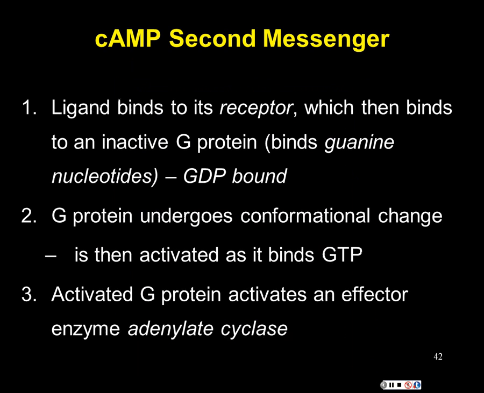So as we identified, we said the ligand, or the first messenger, extracellular messenger, binds to its receptor, which activates a G protein, causing it to unbind guanine diphosphate and bind guanine triphosphate. Step 3, we said the G protein actually then turns on or activates an enzyme called adenylate cyclase. Your book may call it adenylyl instead of the suffix ate, and they use YL. The same thing. Adenylate or adenylyl cyclase.